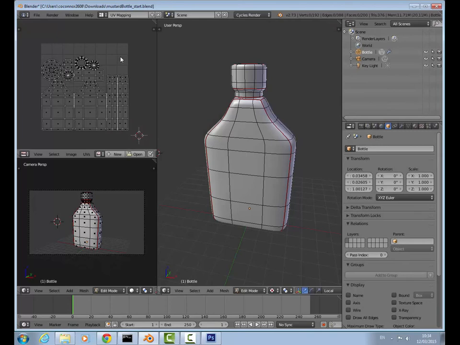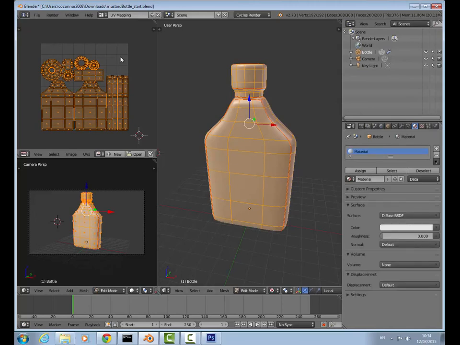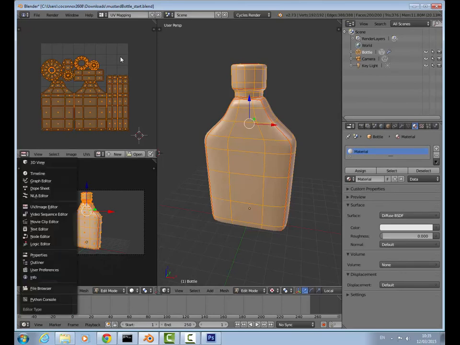Okay, so the next thing you want to do is open up Blender and press A to select everything and add a material. So we just click New, and this will bring up all this different stuff first. And then the next thing you want to do is click this bottom left hand thing here and click Node Editor,